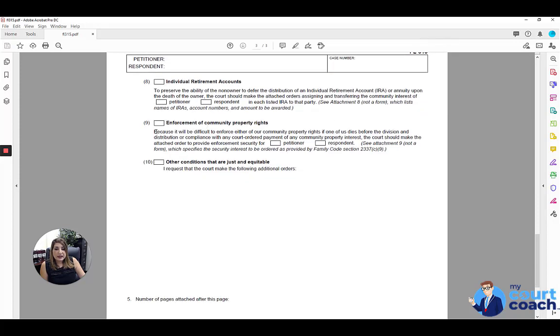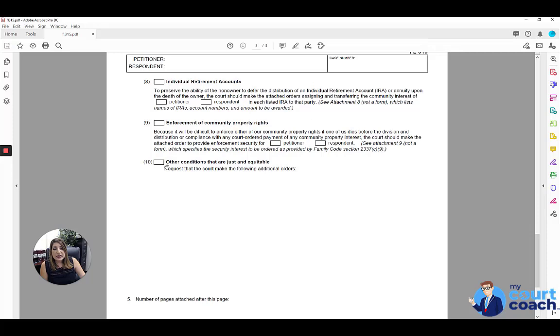Finally, paragraph number 9, if you are the requesting party, you likely will not mark this box, but if you are the responding party, you can request that the court order the requesting party to provide some sort of security upon showing that circumstances exist that would place a substantial burden of enforcement on either party's community property rights or eliminate the ability of the surviving party to enforce his or her community property rights due to the bifurcation. So if you are going to make that a request, you can attach a form that would specify specifically what is the security interest you're asking to be ordered, and you can explain why in your declarations that's going to